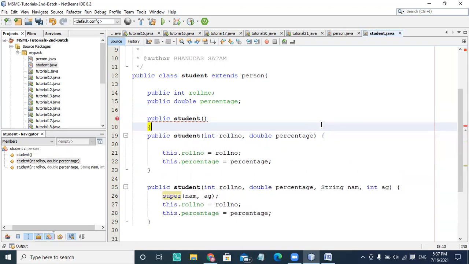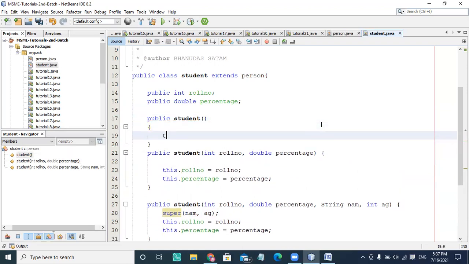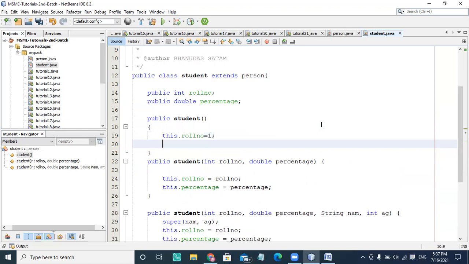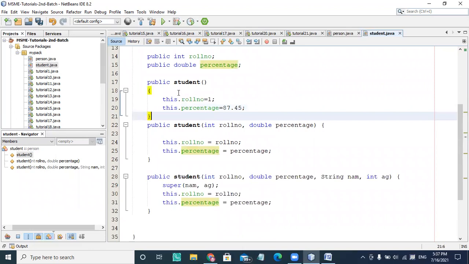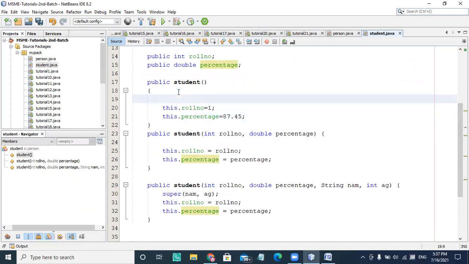I'm just initializing the roll number by using this.rollNumber equal to some value, and I'm writing this.percentage equal to some percentage, like 87.45. It's a double value, not float, so I don't need to put f. And now I'm calling a simple super here.